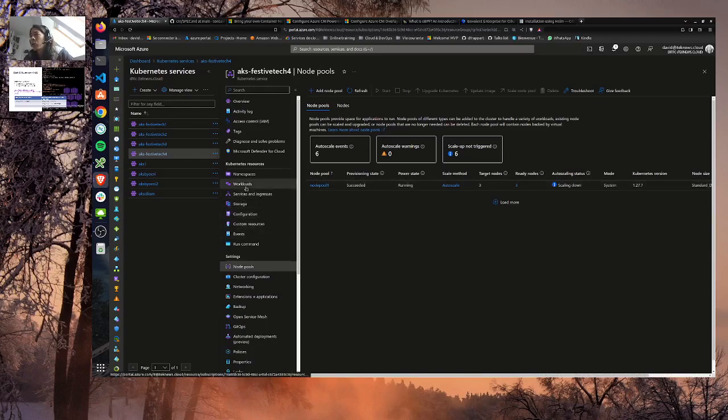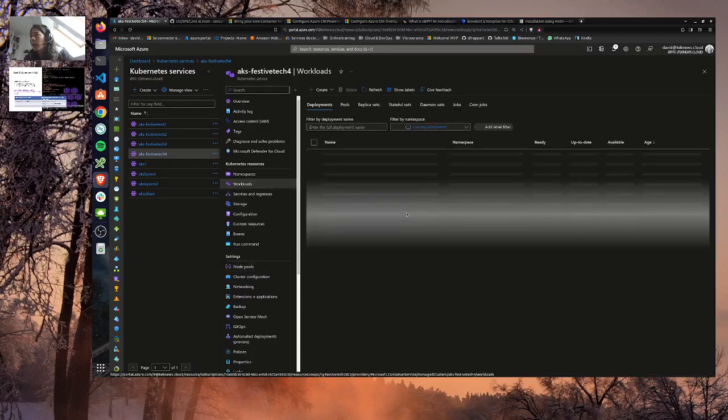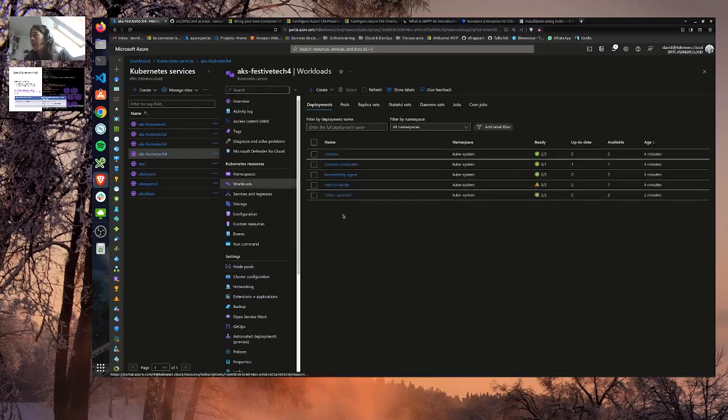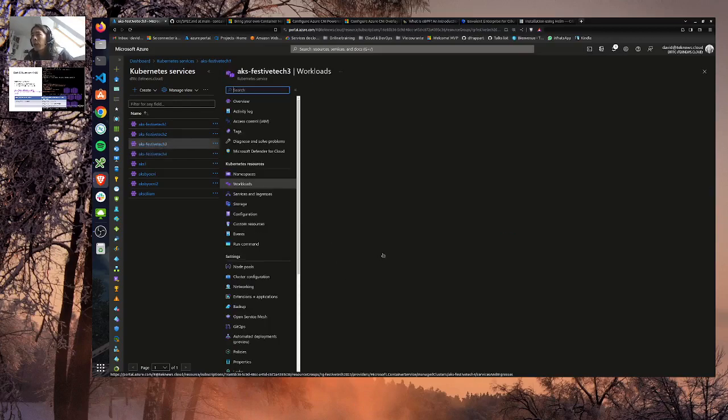If we go to the workloads and check the resources, you can see that we have a Cilium operator available. We have something not available here, but I think it's not really important for now, but we'll see that afterward. So the Cilium operator has been deployed, but not by us. Okay. If I go now to the other one,